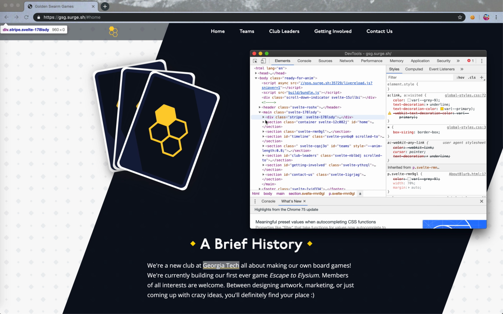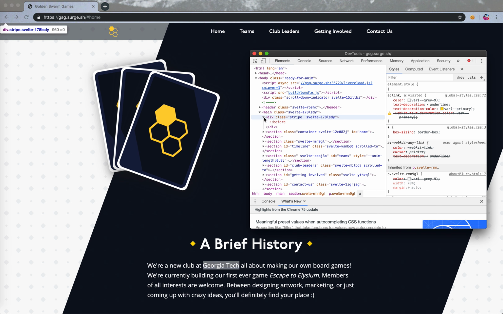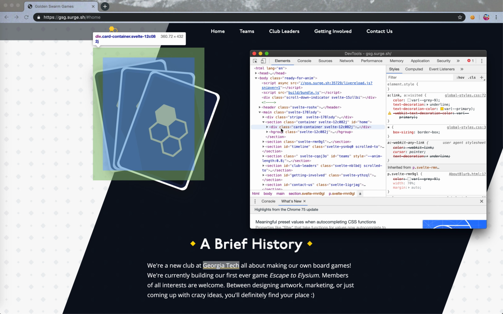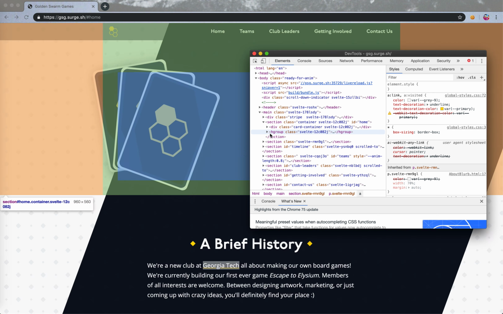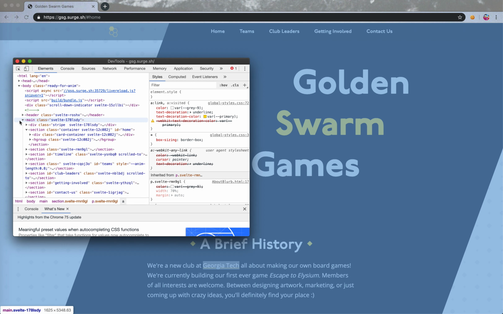So first of all, we have this massive stripe here. If we hover over our before, we can see this entire blue area that's being covered by that. And again, that's for styling purposes, so it's still a div. Below that, we have our first section, which is basically our header section. And inside of this, we have our container of cards, also in a div, with a collection of images inside there. And then we have something called an H group, which it's arguable if this is the best use of